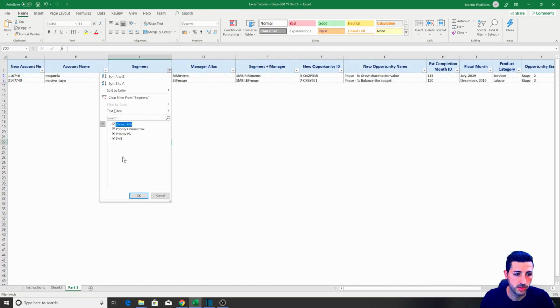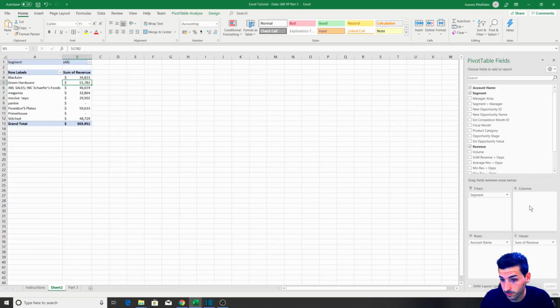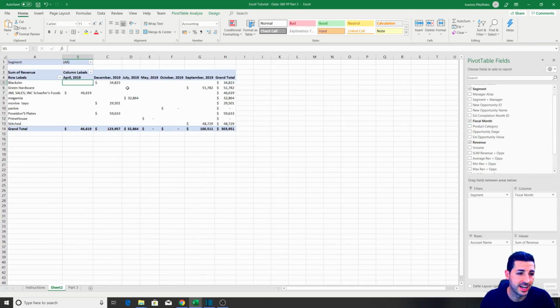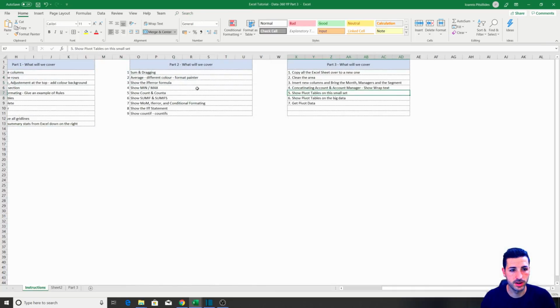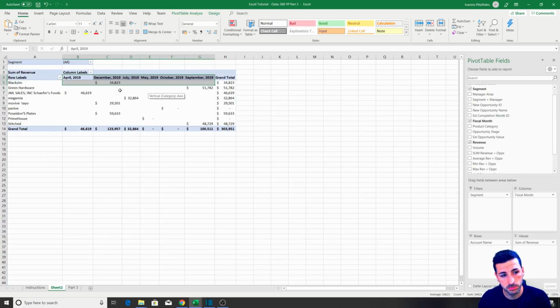It's the same accounts, the same data, just a bit more consolidated in a pivot table. Now the beauty of the pivot table is that, I'm going to remove this SMB now, I can use the columns too. If I drag fiscal month into columns, I can see the account's revenue by fiscal month, which we don't have this sort of pivoting of down here. Our fiscal months are on a vertical row, but here I'm categorizing them at the top.